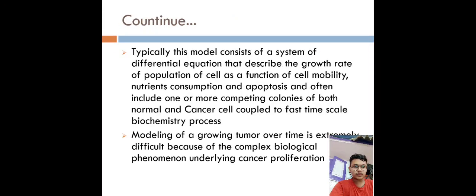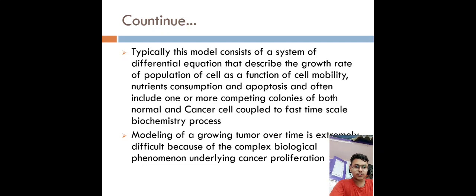Typically, this model consists of a system of differential equations that describe the growth rate of a population of cells as a function of cell mobility, nutrient consumption, and apoptosis, and often include one or more competing colonies of both normal and cancer cells coupled to fast time scale biochemistry processes. Modeling of a growing tumor over time is extremely difficult because of the complex biological phenomena